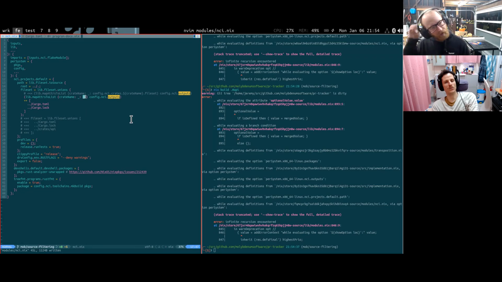So the entire Cargo.toml cannot be used for this purpose. Before we can possibly know what crates exist, we have to parse the Cargo.toml, which requires knowing the path. So there's arguably a different API to NCI that would allow for this, like an API where you gave it the Cargo.toml independently of the entire project. Yes. But that would be